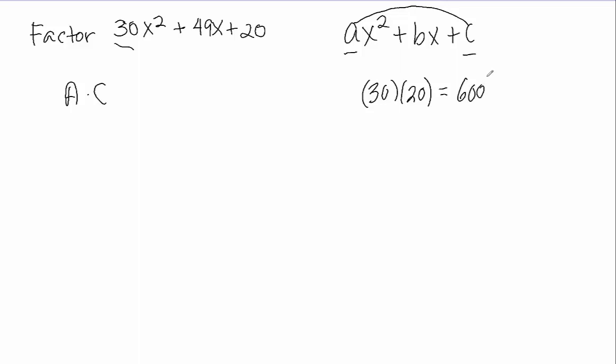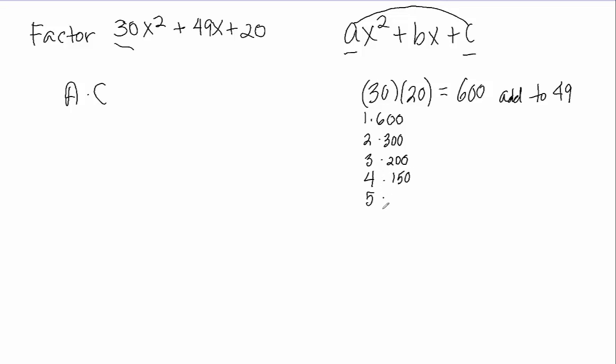Now I've got to find factors of 600 that add to give me 49. You can play around with your calculator, but if you don't go in order, you may miss one. So I'm going to start from the very beginning. 1 times 600, 2 times 300, 3 times 200, 4 times 150,